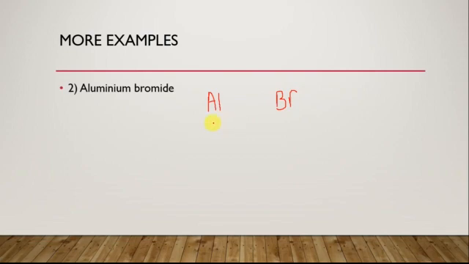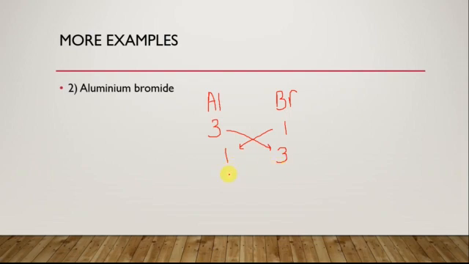Aluminium valency 3, bromine valency 1. Next step, to swap. So on swapping, the 3 will go to bromine and 1 will go to aluminium. Brilliant. Next step, simplification, but here we cannot simplify it because already it is 1 in the simplest form.